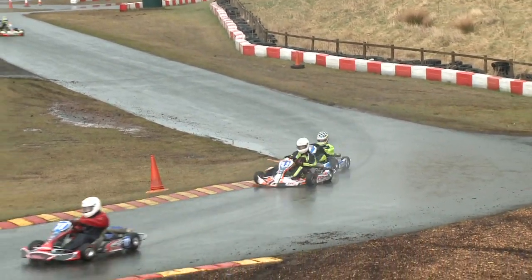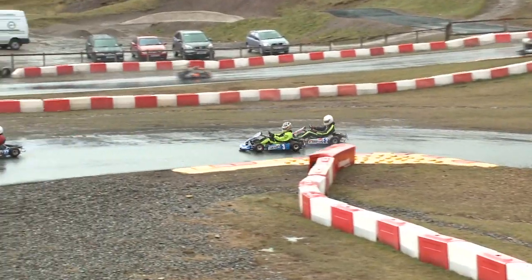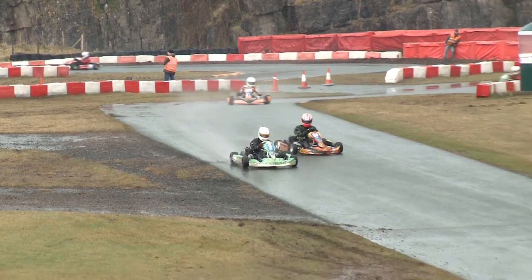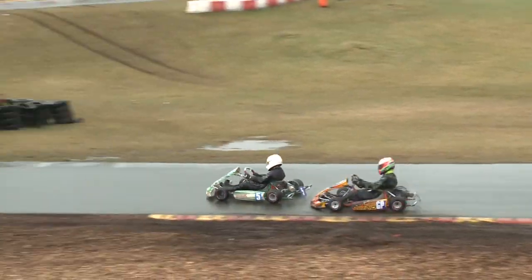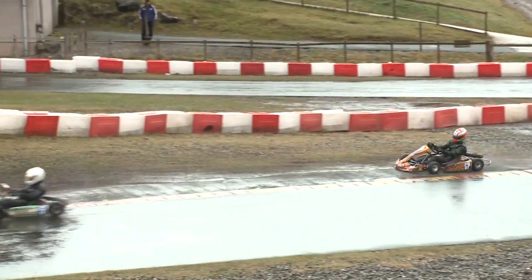Let's take a look further back and we can see Babert making his way back up through the field, making a move on the 52, I believe that is, of Jack Watson, so he gets through, and these two are battling again. In fact, Davies is through now. Davies is through, back on Letts. These two have swapped positions on the circuit, again, more times than supermodels change outfits, and on the exit,